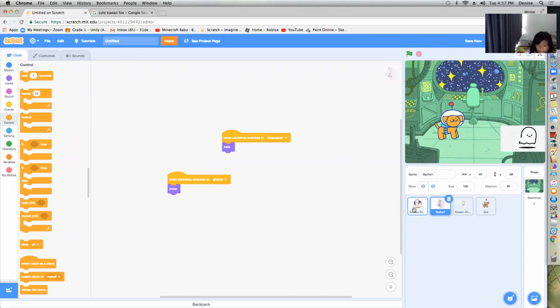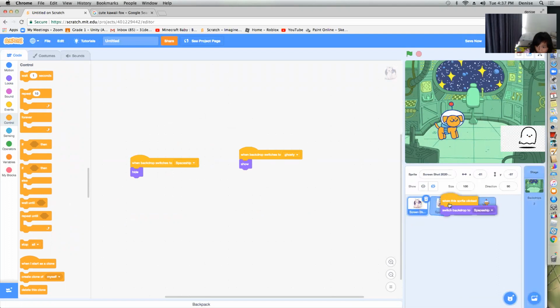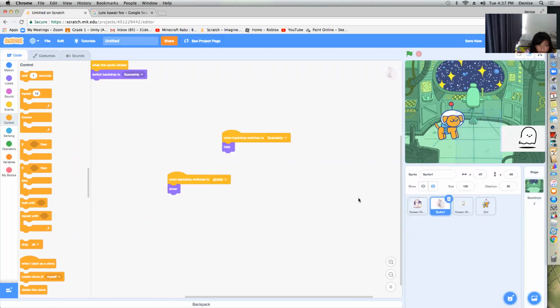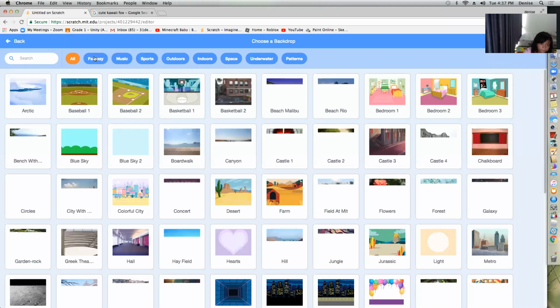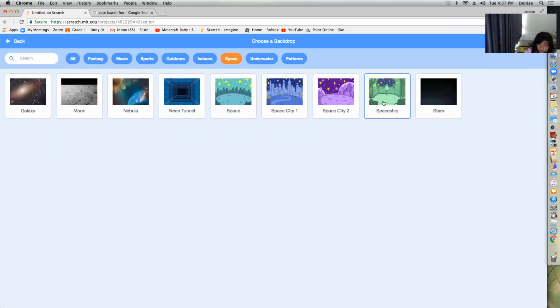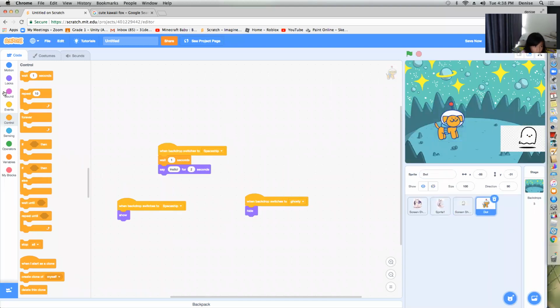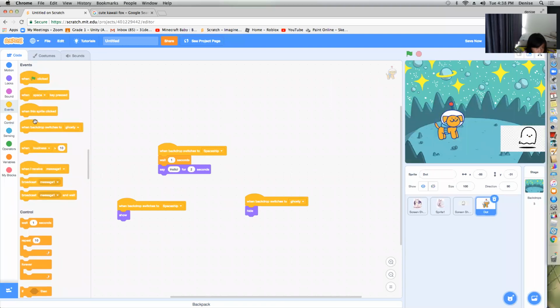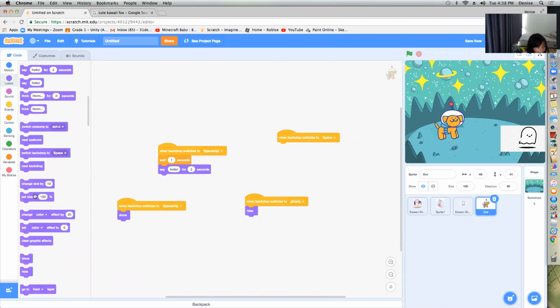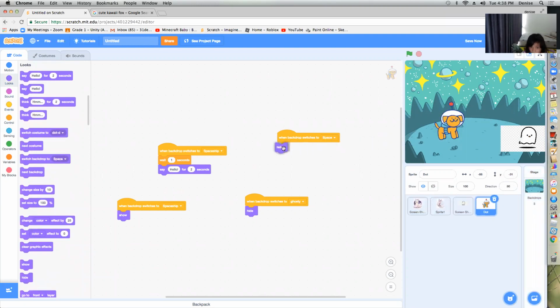And then next, right click, switch backdrop to space. When backdrop switches to space, hide.